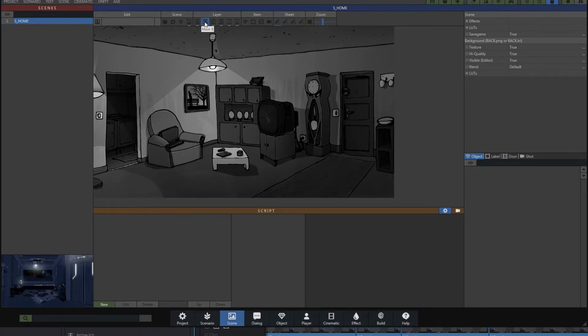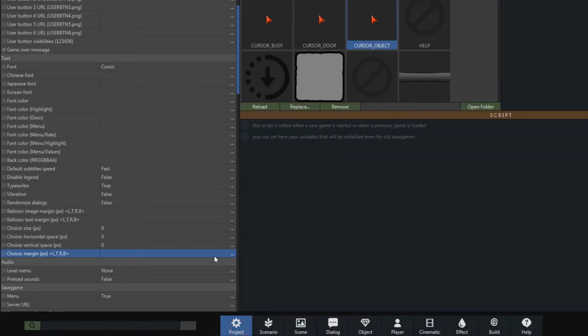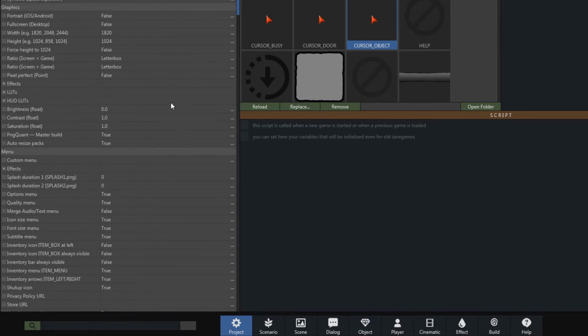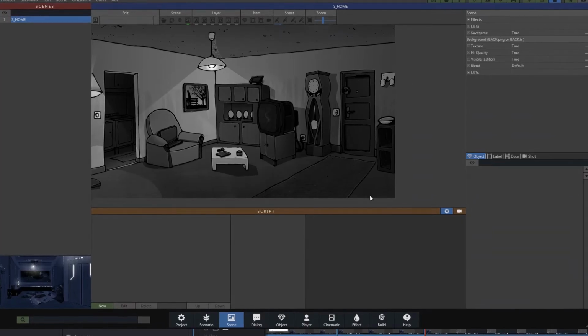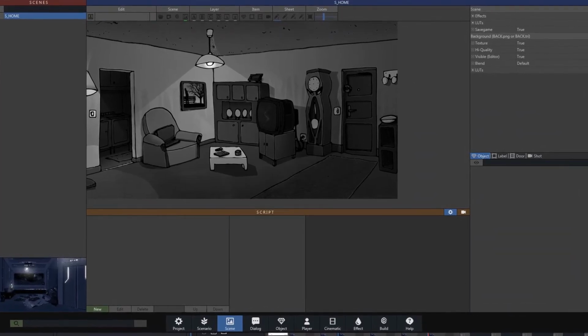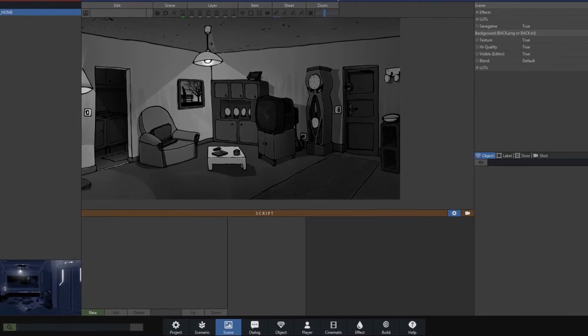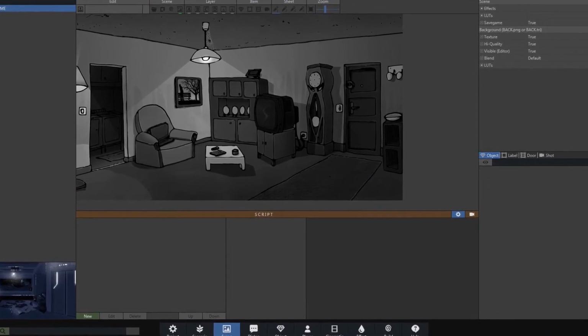It is possible to add additional layers, but keep in mind that the resolution of the scene is always based on the size of the back.png image. Of course, the resolution of the scene may be different from the resolution of the game. The display will depend on the ratio fields that we saw earlier in the project properties. In our case, the entire decoration will be displayed on the screen while respecting the aspect ratio of the image thanks to the letterbox option. Therefore, two black bands at the top and bottom, or right and left, could be visible.